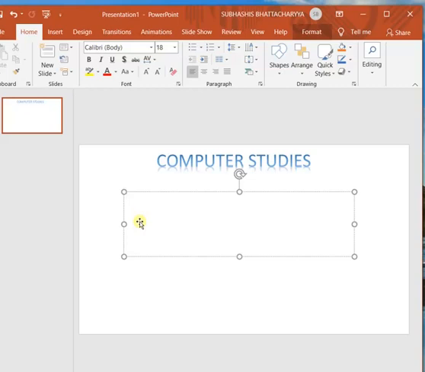So these are some rules that you should follow while writing in a text box. If the text box is blank and you click outside, the text box will vanish. This is rule number 1. And if the borderline of the text box is solid, then you cannot write anything. This is rule number 2. For writing in the text box, you have to bring the solid line of the border back to a dotted line. For that, you have to double click within the text box. Now a cursor will appear, and then you can write in the text box. So you have to keep these 2 points in mind while using the text box.